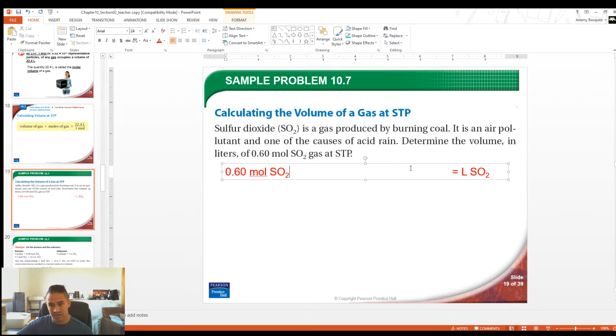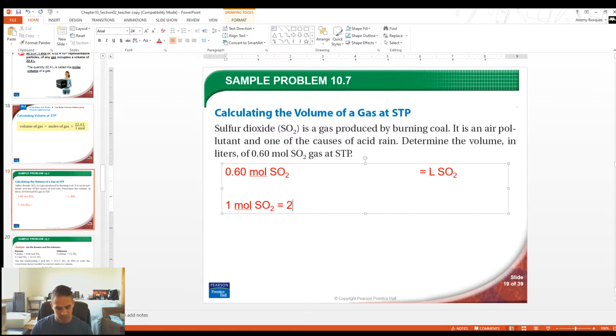Okay, so we're going to be calculating liters. Now, in this problem, because we're not dealing with mass, right? They're not asking us to do anything with mass. They're not giving us any numbers in grams. They're not asking us to find a mass. We do not need to know the molar mass of this material because there's nothing to do with mass in this problem. All we need to do for this problem is, because they're asking us to find volume and they're telling us that this gas is at standard temperature and pressure, or STP, we know that 1 mole of SO2